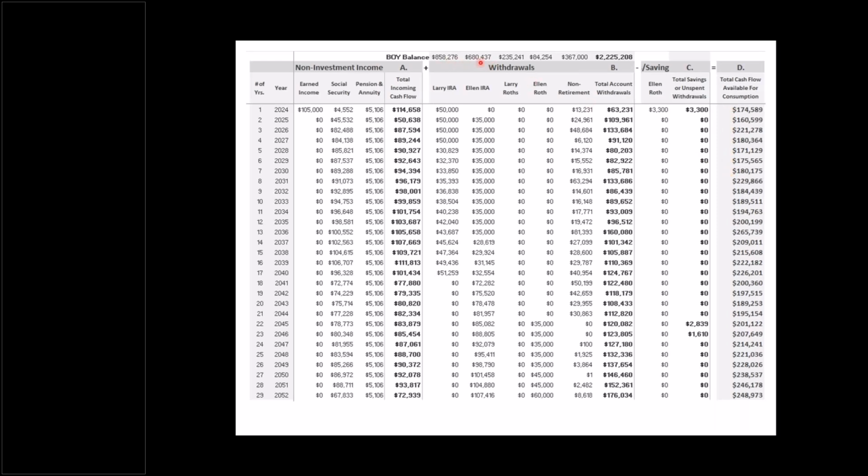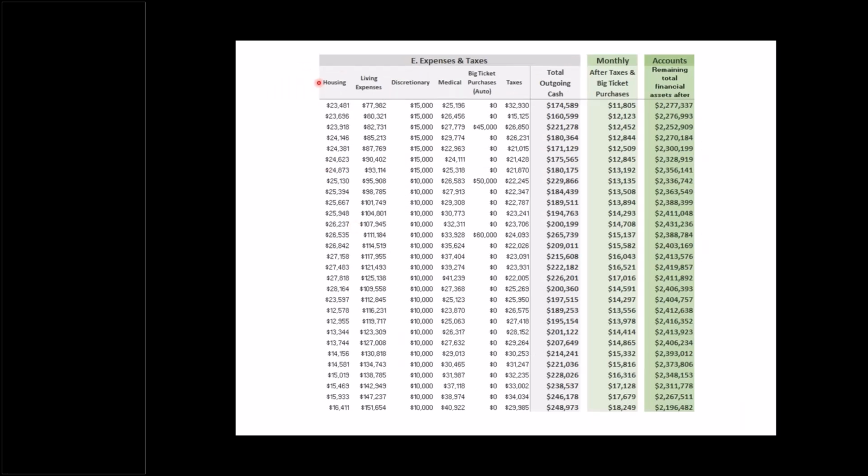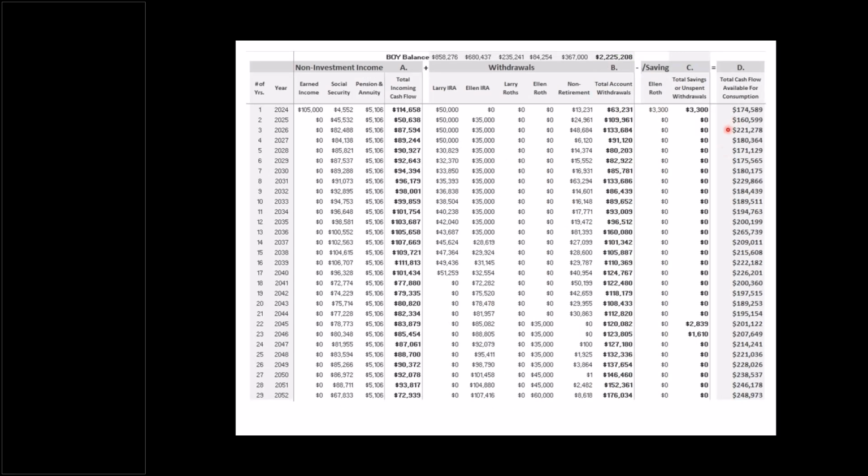Now you'll also see at the top here, we have the account balances projected, or the starting account balances at least for each account. So next, where does that money go? Well, this is Section E, and we have the different expending categories. They're the exact same expenses we showed before, but they're grouped together into different categories here. And here we see these periodic auto purchases coming through. And so this gives us our total outgoing expenses. These are going to match dollar for dollar our total incoming cash flow here.